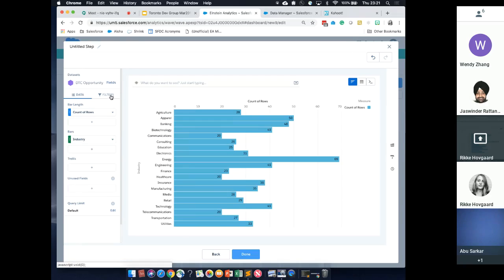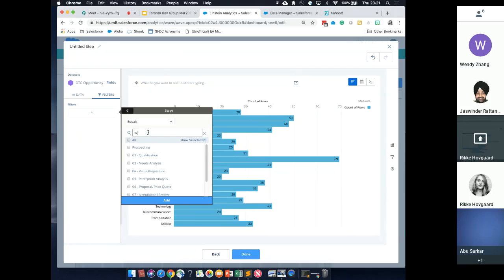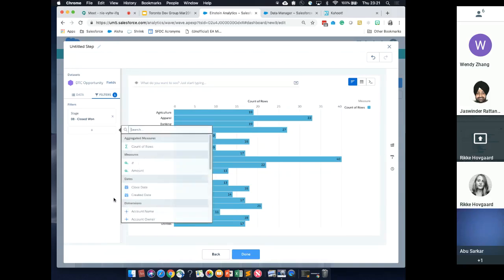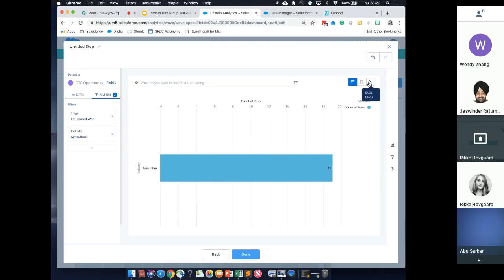So to do that, I'm going to go over to my filters button and find that unfortunately the UI has no support for filter logic. But I am not, yet, safe harbor. It is on the roadmap, but I'm not defeated. So what am I going to do? First, I'm going to add a filter for stage equals closed won. And now I'm going to add in that filter for industry equals agriculture. Right now it is showing me closed won and agriculture, but what I really want is